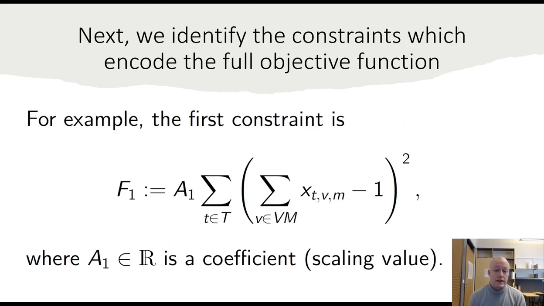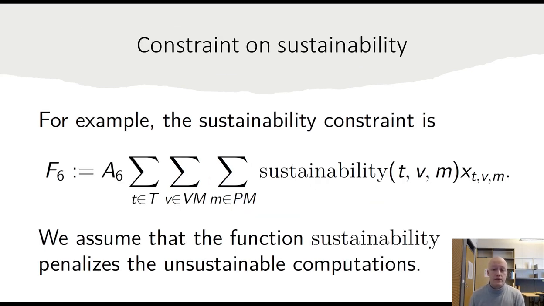This first constraint is really a hard constraint. So we need to satisfy this one in order to have a valid solution. But this sustainability constraint is a soft constraint. So even if we do not find the best minimizing configuration for this one, the solution is still valid and we can still perform the allocation.